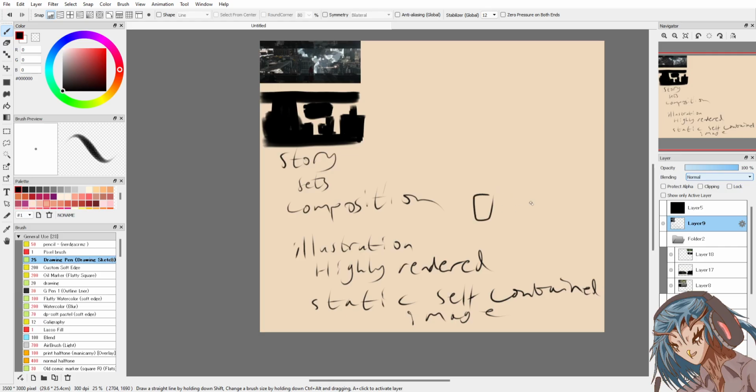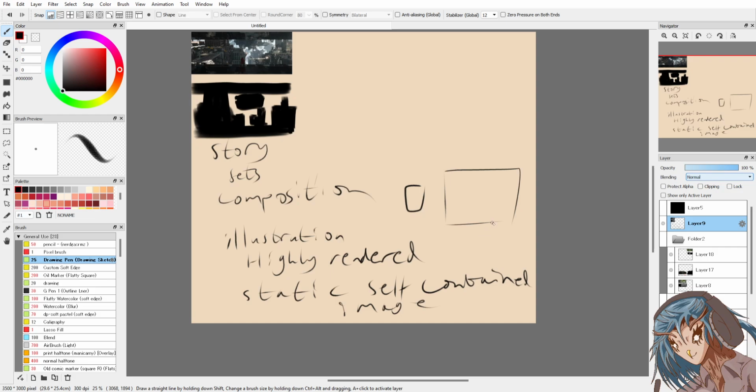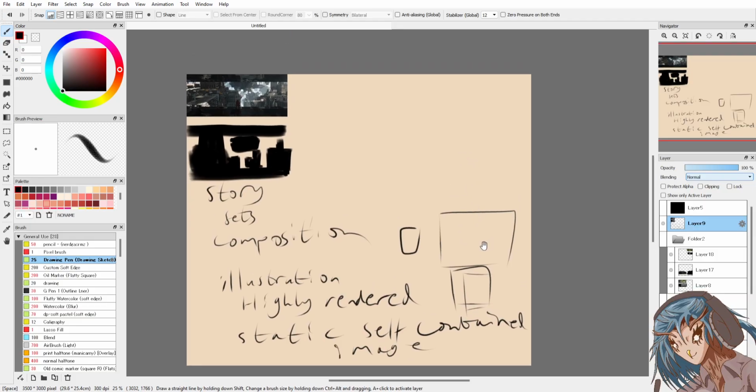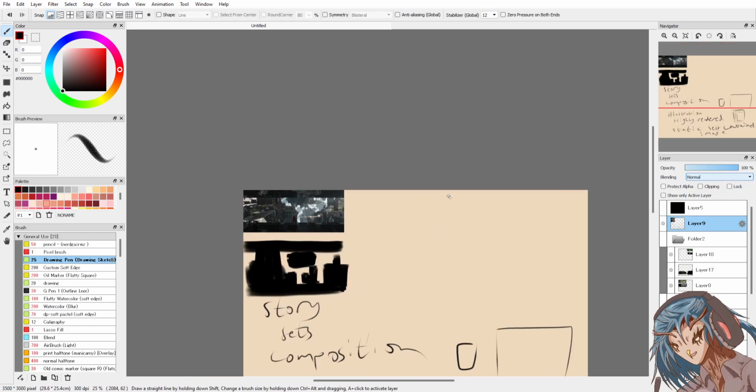If it's small, it's a TCG card. If it's big, it's a painting. That's all it is, a still image of itself that has its own story beats. It's contextual. You could put it in a book. Might be a comic. Could be a still within the confines of a TTRPG. It could be something like a D&D image.